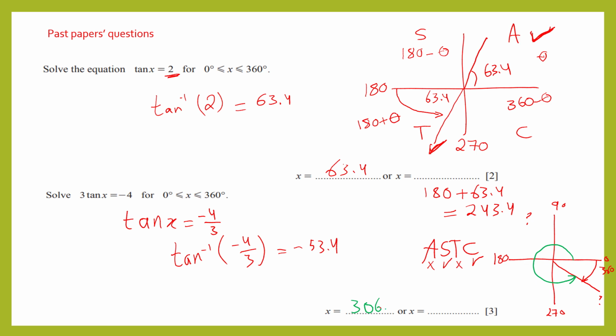So that is the first one, for the fourth quadrant. And then if you want to find it in the second quadrant, all we'll do is, let's remove this part. So we'll go from the 180,